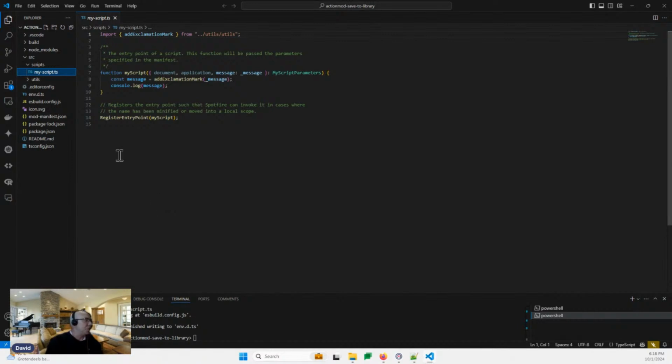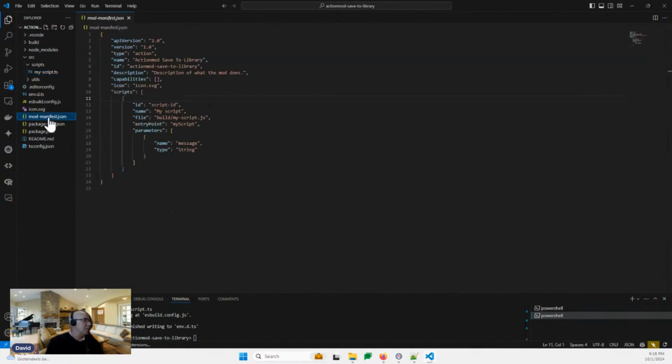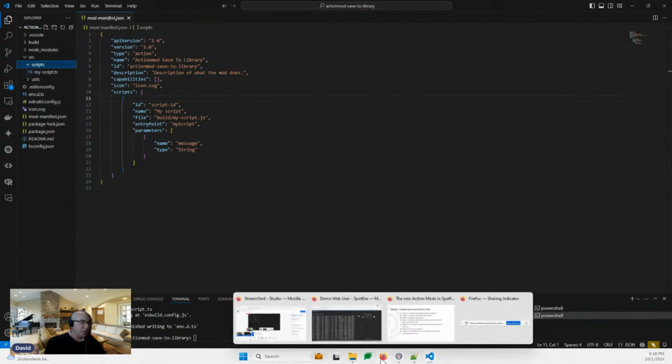And that's also the one that's showing up in the mod manifest JSON. As soon as I add another script, it will be added to my mod manifest JSON, because the mod manifest JSON is the one that's steering what the end user or the analyst will see in the Spotfire Analyst client. And the scripts will be here under my source, my scripts folder. So let's just go into